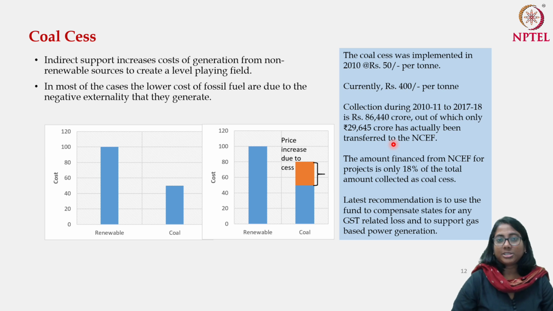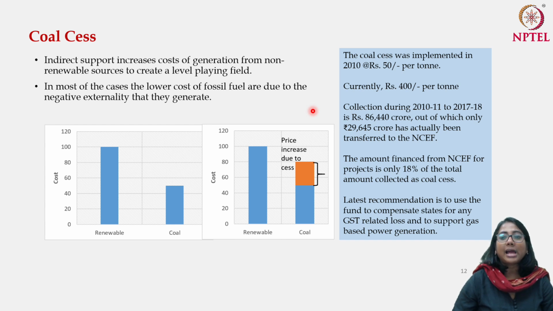Some facts about the coal cess in India, as I have mentioned, it was implemented in the year 2010 at rupees 50 per ton. However, over time it was increased to rupees 400 per ton. During the period of 2010-11 to 2017-18, the total collection out of this coal cess is rupees